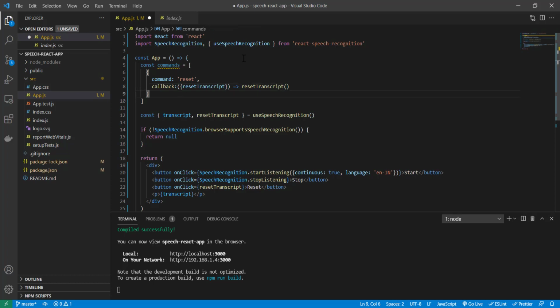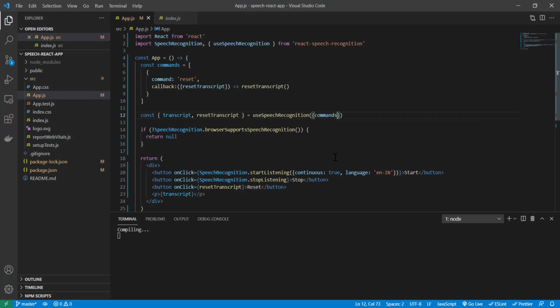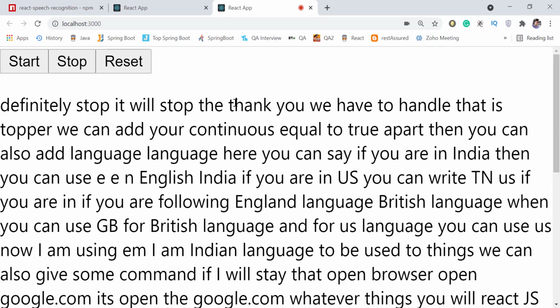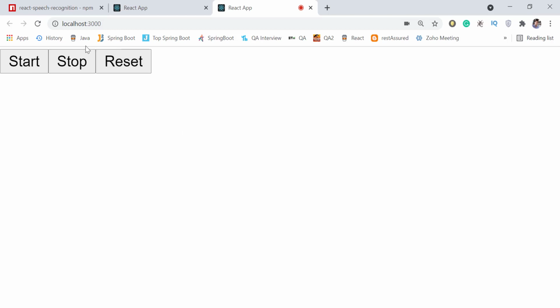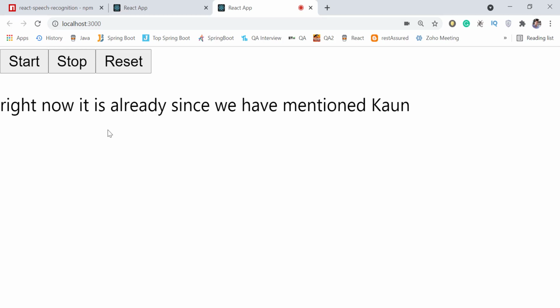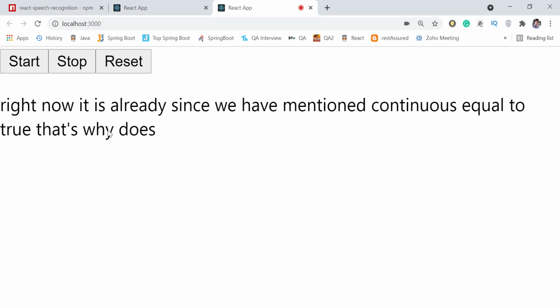So after writing this, you have to pass this command into the speech recognition, in the form of an object. I can say command. Save it and then go to the browser, and you can see everything was recorded. Since we have mentioned continuous equal to true, it is printing whatever we are saying.